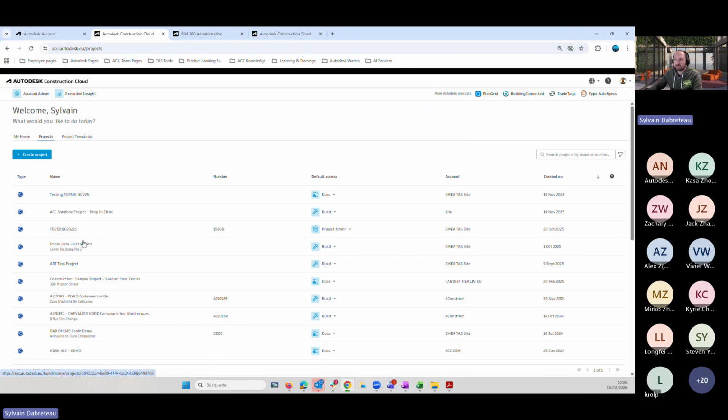So if you are involved in different projects, you can click here and access Docs. You can create a default access, for example, and I say, okay, in this one, I want to access Docs. So that will be Docs. Every time I click here, I would have access to Docs. My project templates, and then we have some other legacy products that are not relevant today.